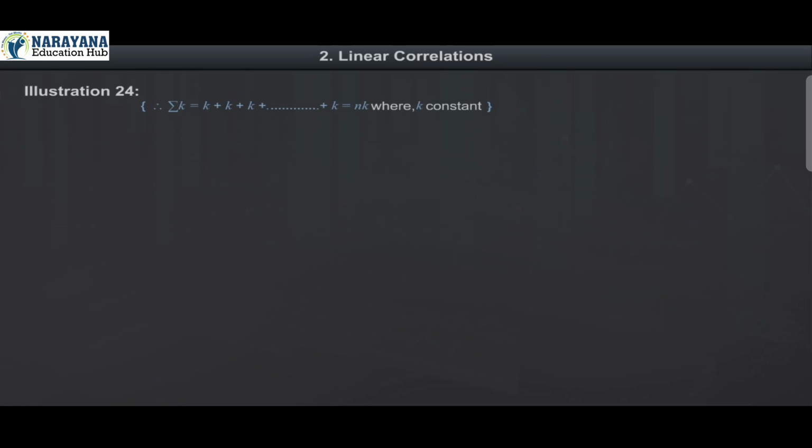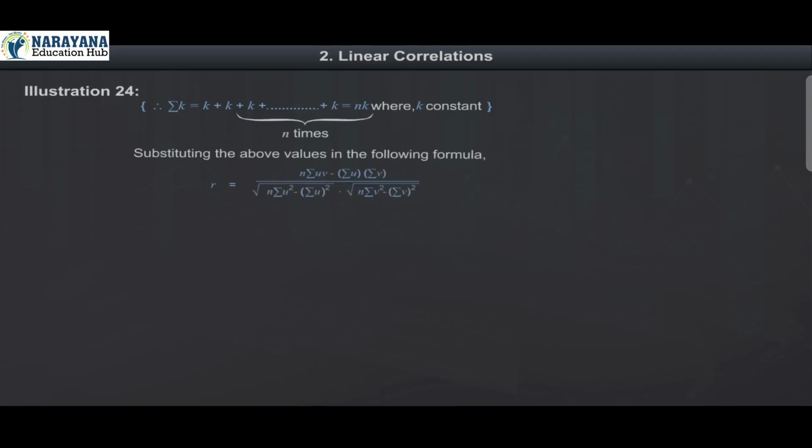Therefore, sigma k is equal to k plus k plus k plus up to plus k, which is equal to nk, where k is a constant added n times. Substituting the above values in the following formula, r is equal to n sigma uv minus sigma u into sigma v, divided by under root n sigma u square minus sigma u whole square, into under root n sigma